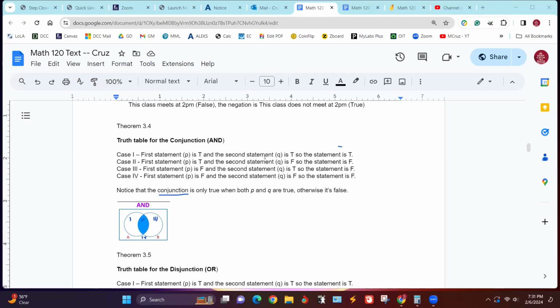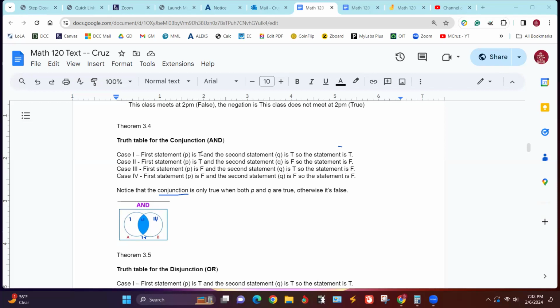All right. So now, the conjunction is one of those connectives that allows us to build a compound statement from 2 simple statements. Okay. So here are the possibilities. Now we got 4 possible outcomes because we're dealing with 2 statements.